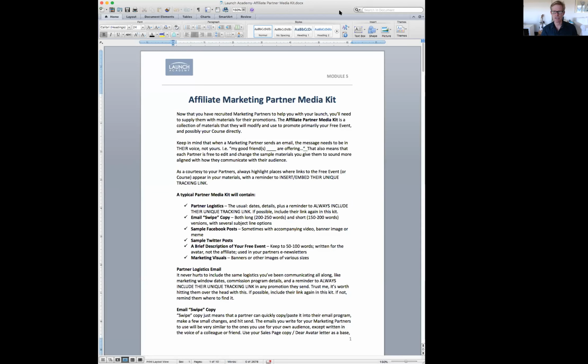Excellent. Okay, so this is the document that is in Module 5. Of course, this one is a little bit out of order. I'm introducing it now, and this is not something that you certainly need to have done really until you're very close to the launch window for your course. When you're getting prepared to have people register or have your partners send out emails for people to register for your webinar, then you want to have this kit ready about a week or so before the opening